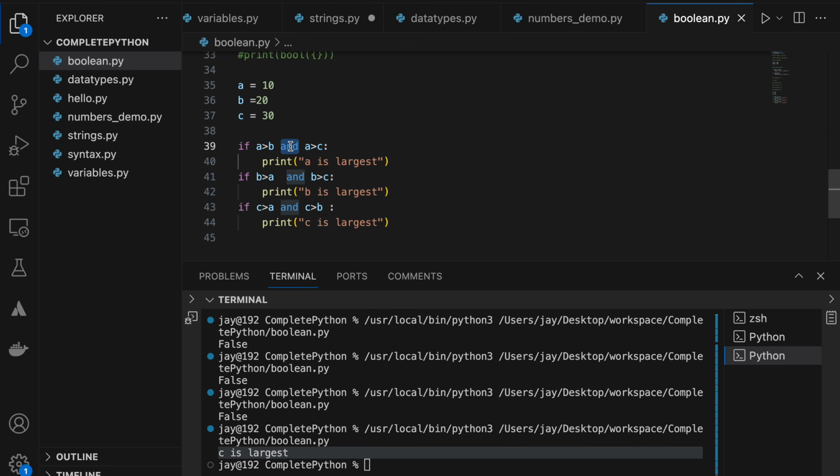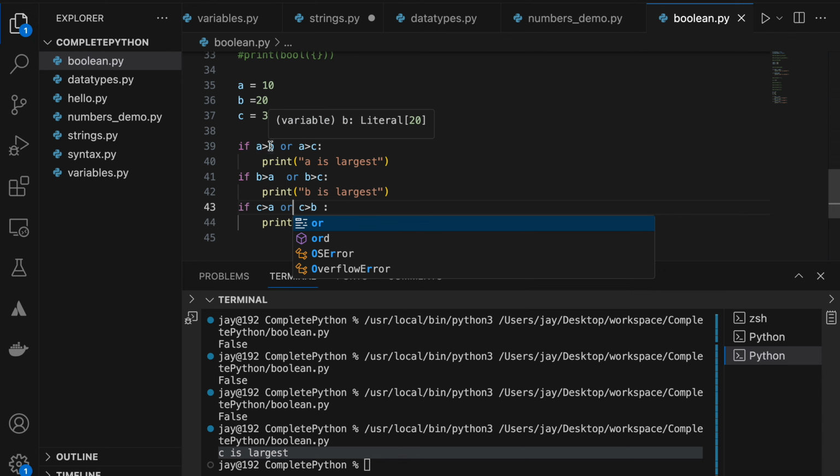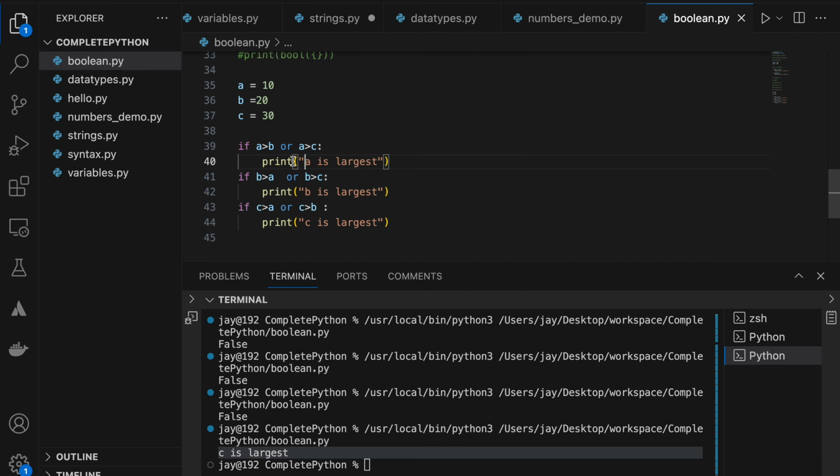And suppose that I am putting OR in place of AND. Here it's if A greater than B or A greater than C. This is another statement where we are putting OR. So if any one is true it will print, but here if you see, neither is A greater than B nor is A greater than C, so this will not print. If B is greater than A